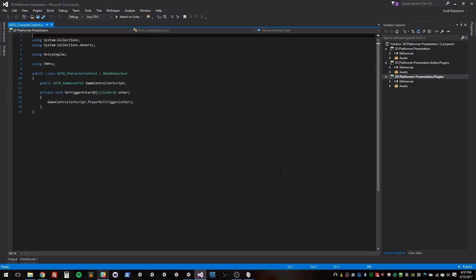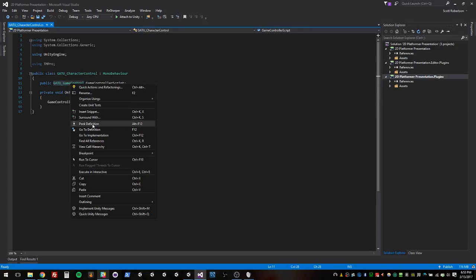But all this script does is it checks to see if I've hit a trigger object, tells me what object I hit via its collider, and then I go ahead and tell my game control script that I've hit this object. Okay, so I'm referencing the game control script using a public variable, and then I pass that function the collider that I've hit. Okay, so then if I go ahead and open up this script,